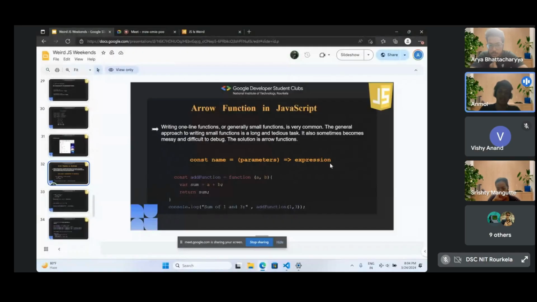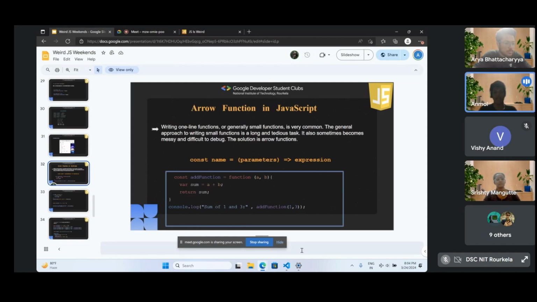So first we will be seeing the basic way we write this. We declare a variable, like const name. Then we have to write a parameter inside parenthesis. Then we have to write the expression from where we get the output. So the first example we are taking is a normal, regular function. This is an add function. We are taking two parameters, a and b, and this is giving an output by adding both a and b.